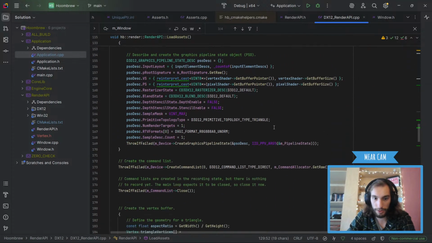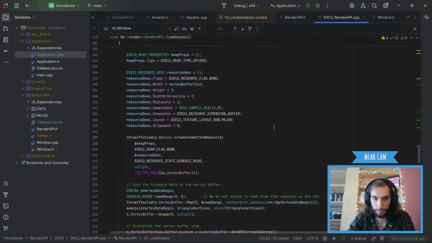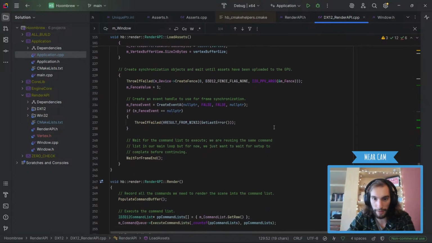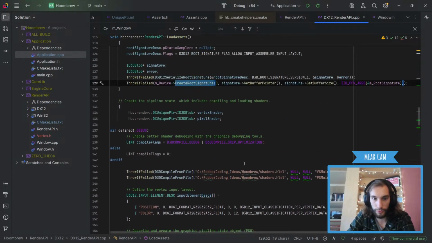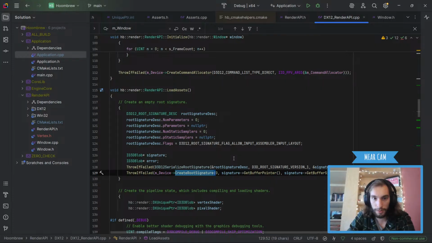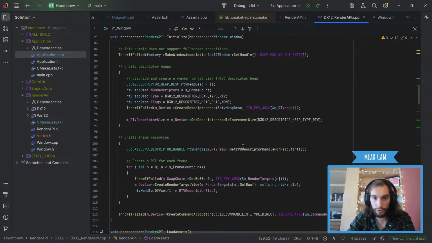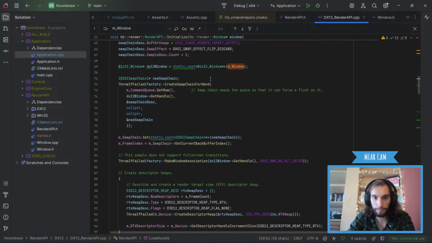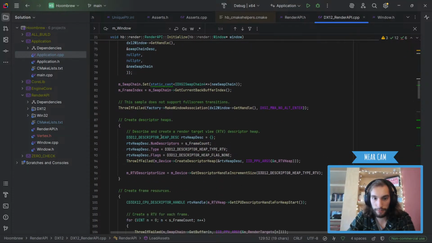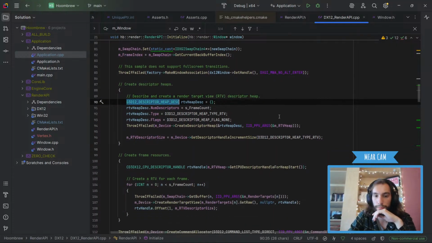which is somewhere in here. Where's our descriptor heap? I know we make this. We might actually make it before the root signature. Let's load assets. Descriptor handle. See, I think we already make the descriptor heap here. Current back buffer, and then we get the descriptor heap here. So don't we need to put this in the root signature then?